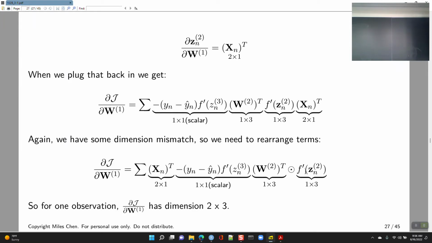This is y sub n minus y hat sub n times f prime of Zn3. So this is just a scalar. W2 transpose is